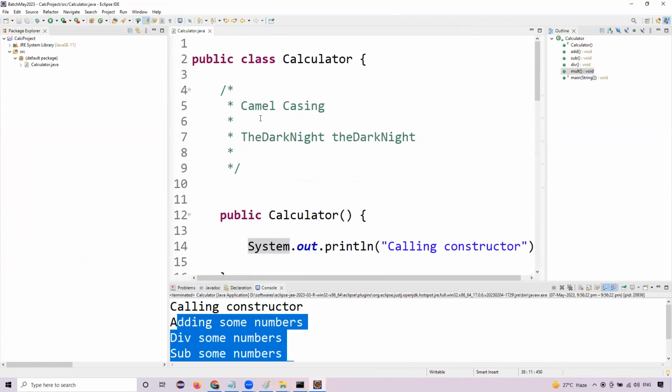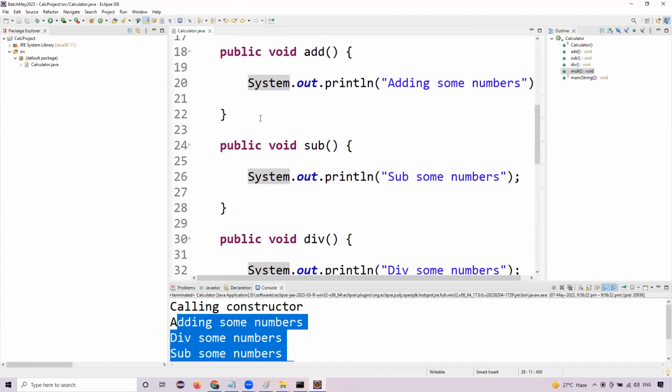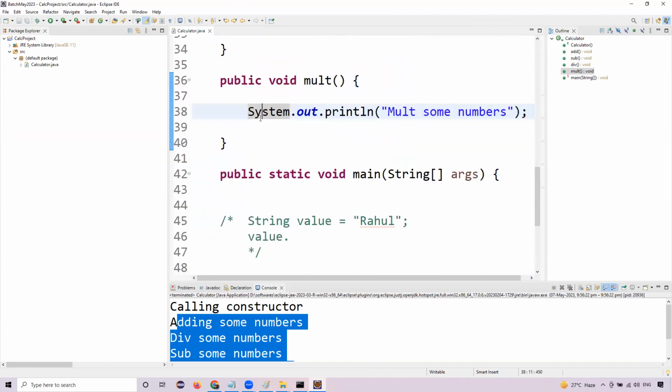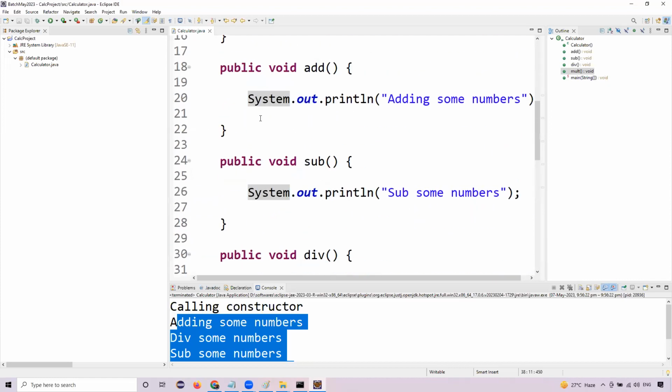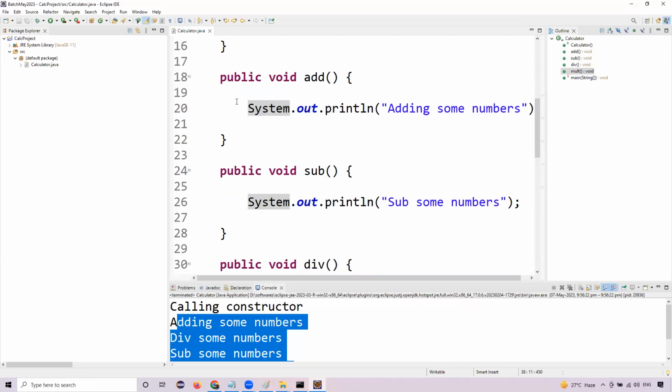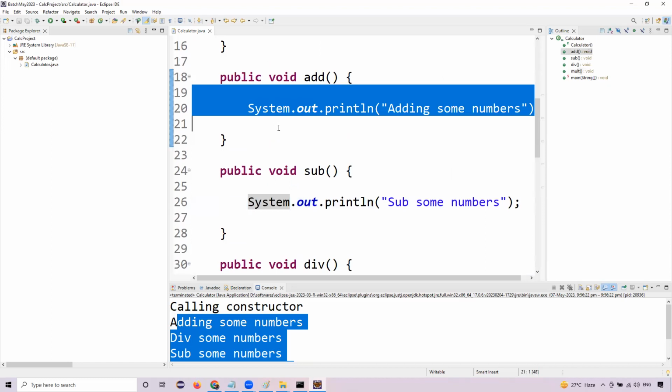Let's say I have tested all the methods and they are working fine. There is no issue in addition, division, all these things. And now I want to publish this project in the market so that end users can take a benefit of this, and they should not be recreating addition, division. Let's say we have created 500 lines of code over here. So I don't want the end user, if they want to implement addition functionality, to have to write the